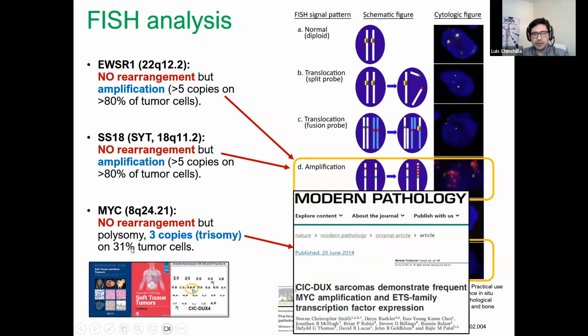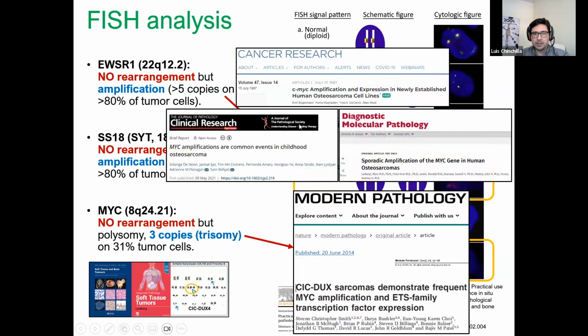It was observed in 31% of the tumor cells, and this has been described as a frequent event in this tumor, SIG-DUX4 rearranged sarcoma. But not only in this sarcoma, it has been described as a frequent event, not only trisomies, but amplification of C-MYC in osteosarcoma. And it was a problem for me in that moment. So